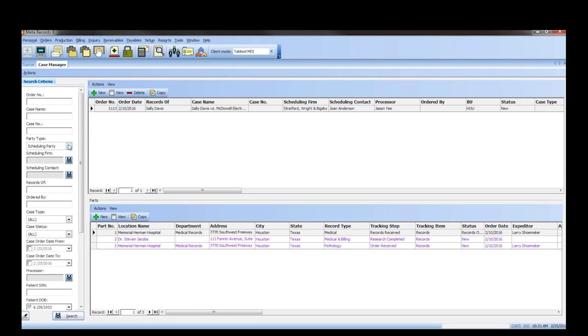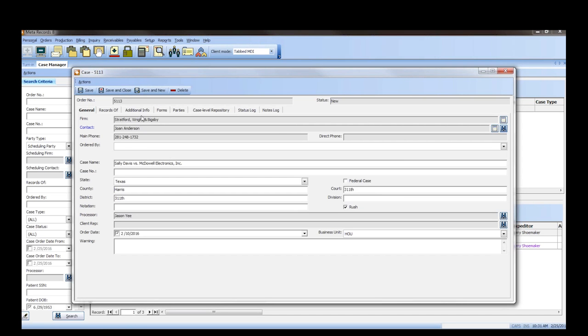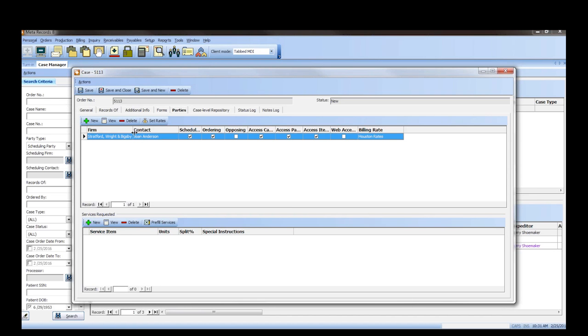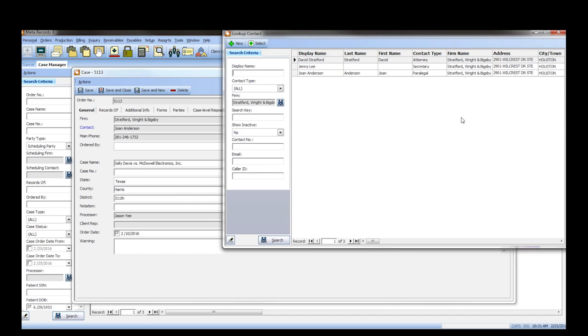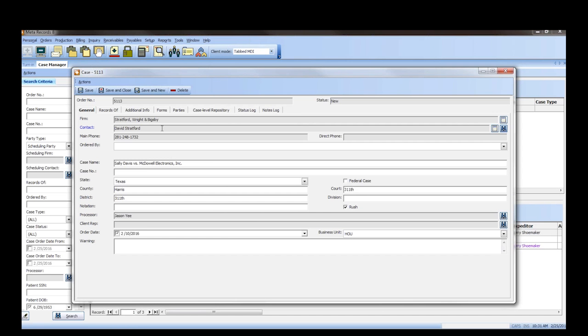Another change to MR8 is how the ordering client on the General tab of the case is tied to the scheduling party on the Parties tab. In the current version, if someone changes the ordering client on the General tab of the case and saves that change, the scheduling party on the Parties tab will not automatically change. You have to remember to change it in both places.